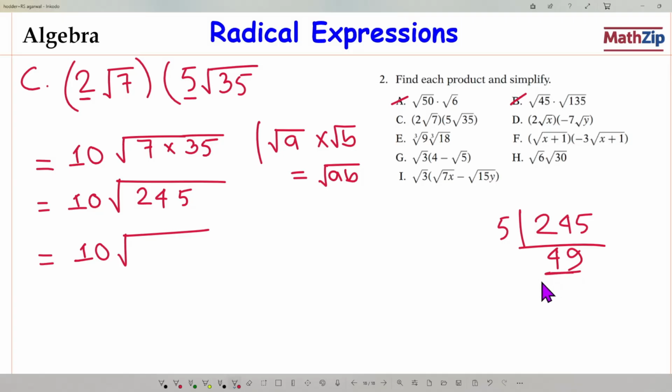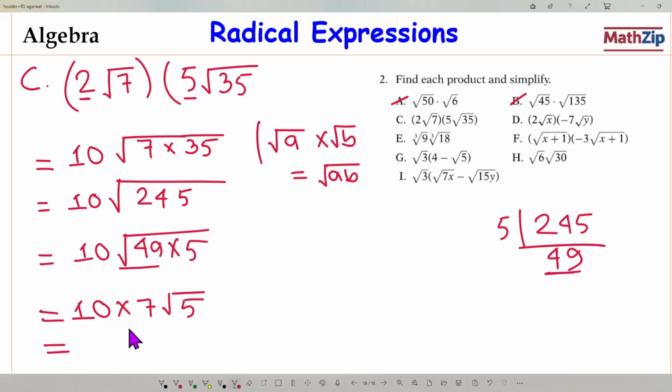Now look, 49 is a perfect square, so we can write 49 times 5. Then 10, 49 is a perfect square, so it will be 7, and here is root 5. So finally our answer is 10 times 7, which is 70 root 5. Very simple. Number D,